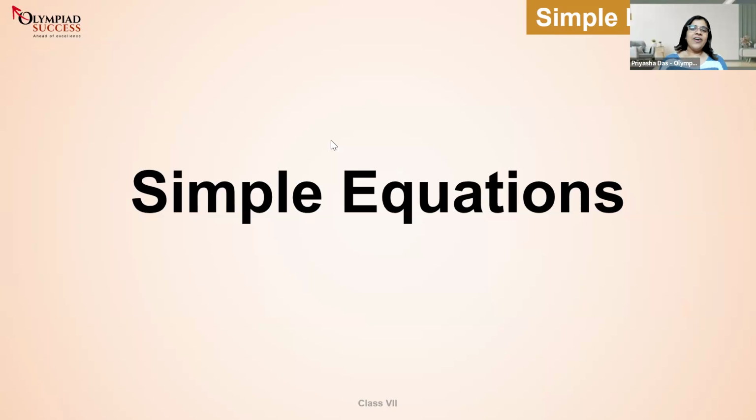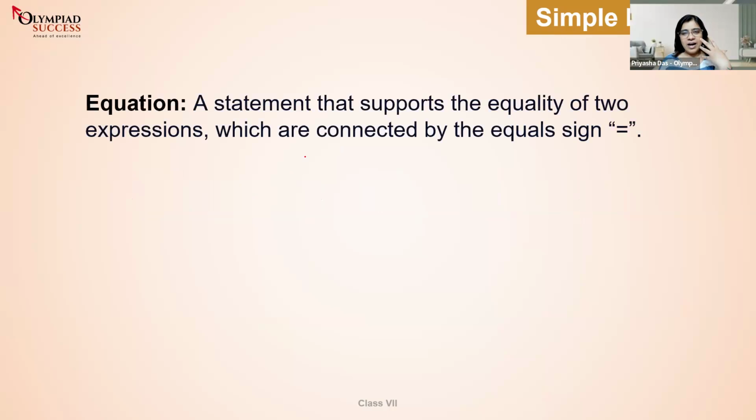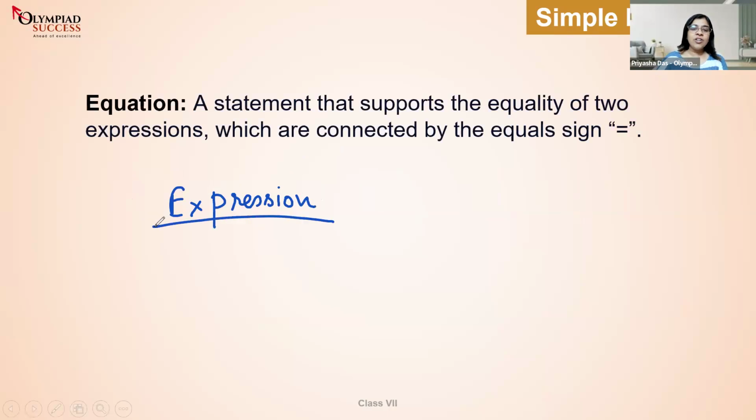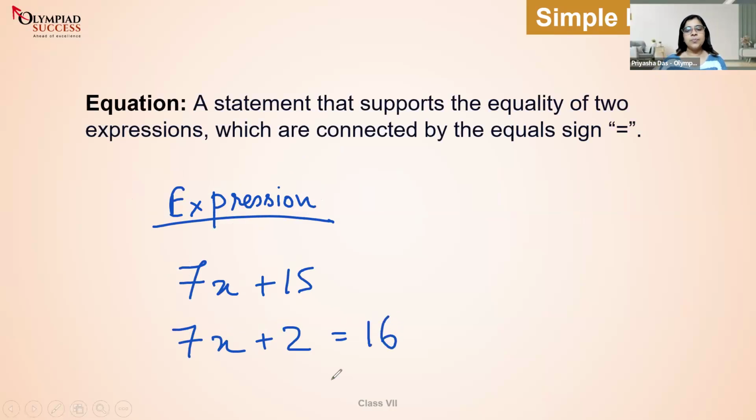All right. Let's talk about the other thing. There are two things which are called equation and expression. The definition of equation is on the screen, and I'm going to give you two things on the screen. 7x plus 15 and 7x plus 2 equals to 16.